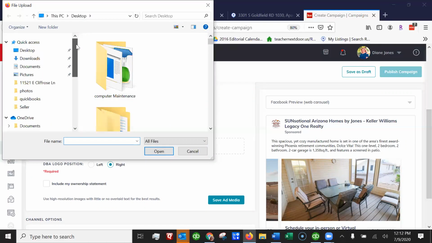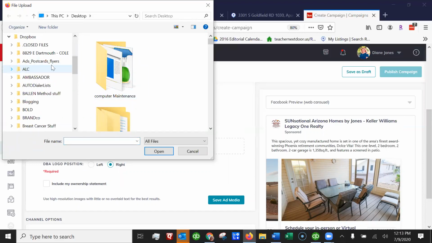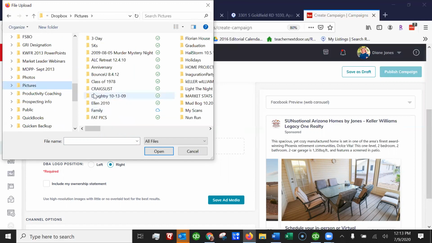And while I'm getting it, if you do a just listed design template piece, you can add your DBA logo in there, and you won't need to do it here. But because I'm doing it straight from the listing pictures, and you can see that there is no DBA logo in there,